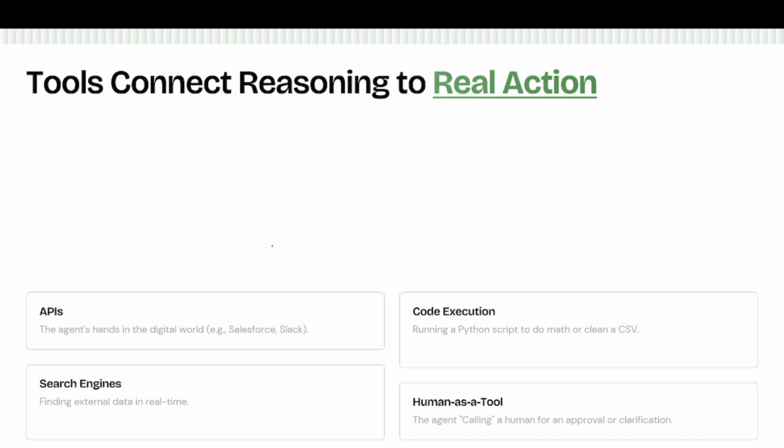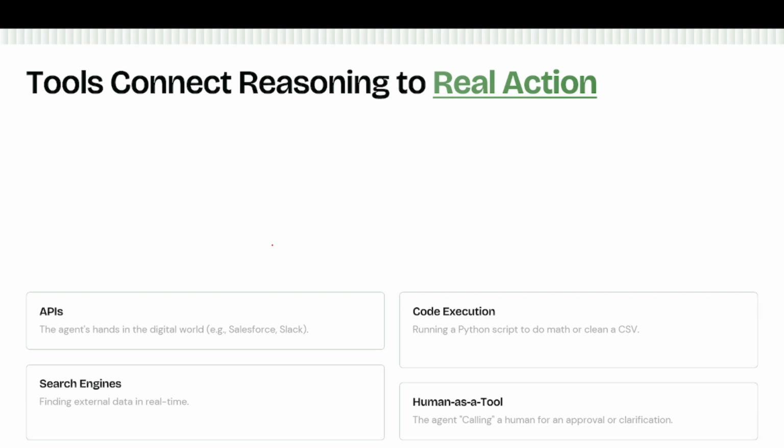So tools connect reasoning to real action. So tools enable agents to solve problems. Okay. So you know that tasks are broken down. When the agent is assigned a task, the agent breaks the task into the smallest indivisible action. Remember, there is a planner. The planner agent will have broken the task into steps and then sent it to the executor. So the executor looks at the steps of the task and begins to call the tools that will implement the task